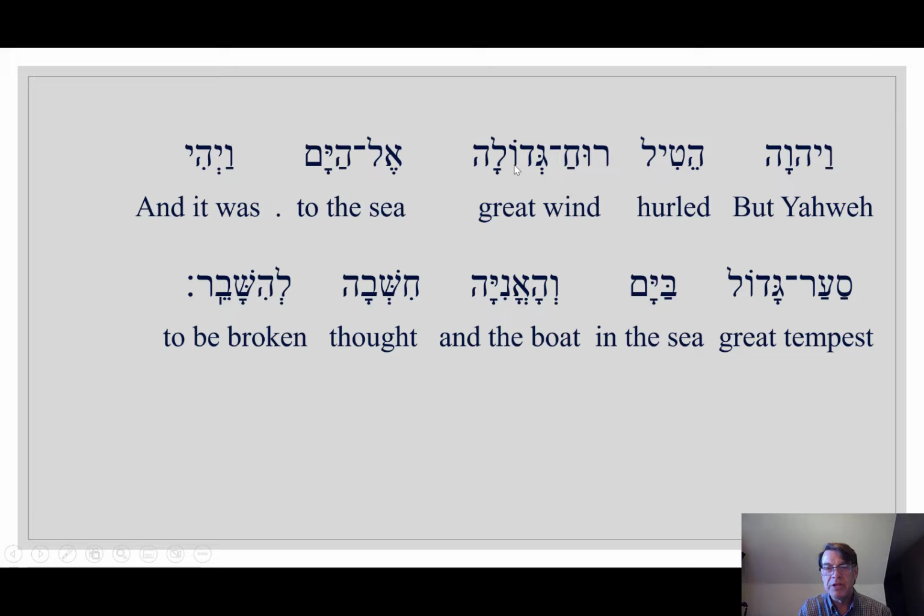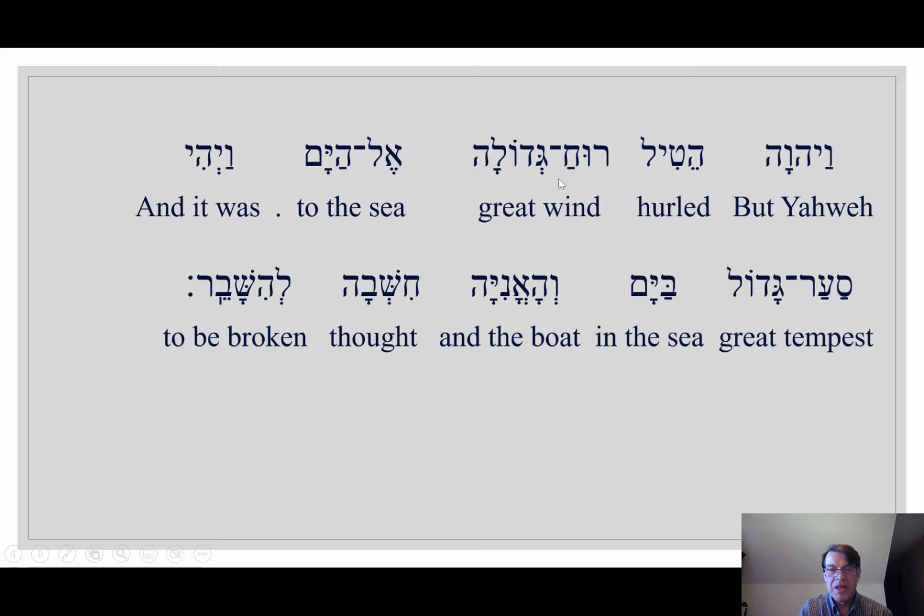What's the difference between gadolah, which means great, and gadol, that means great? It sounds like the same word. It is the same word. It's just that it's an adjective. Here it goes with a feminine word because spirit is feminine in Hebrew, and here it goes with a masculine word. You don't need to know that. We'll cover this in a later video. Anyway, so I can't stop myself, can I?